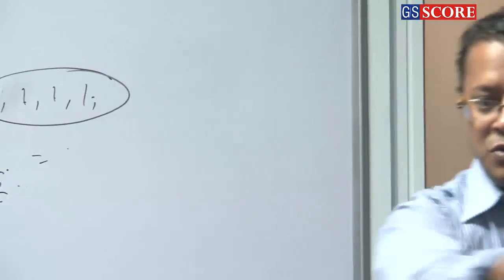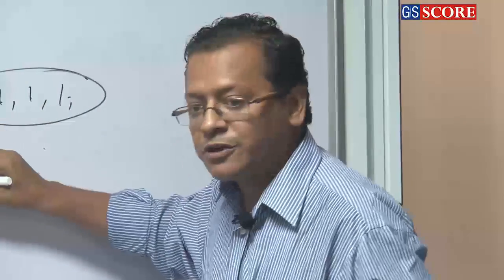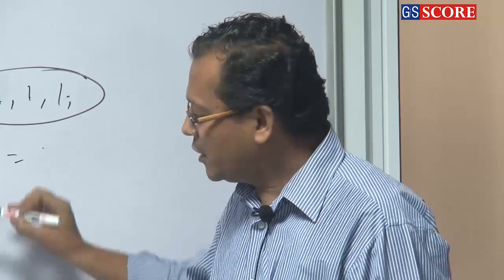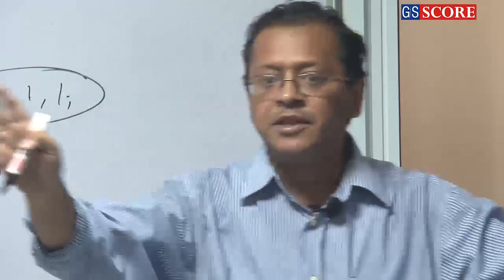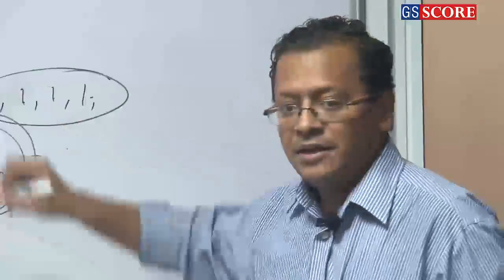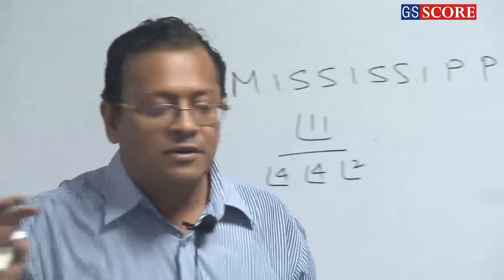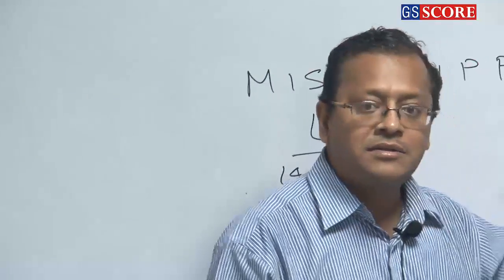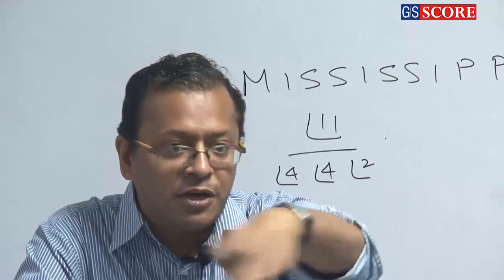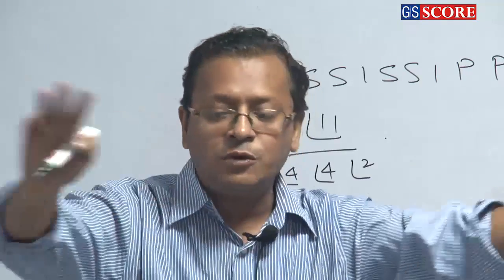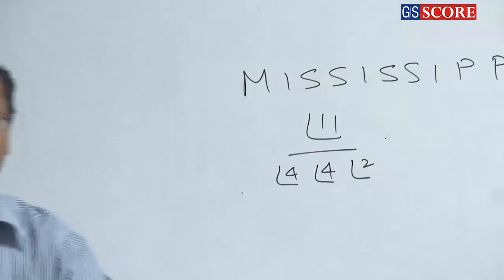You can also interchange among yourselves. How many ways will that be? Factorial 6 by factorial 4 into factorial 2. Clear? Now this arrangement is independent of the mother arrangement. You may go here or there, this will always remain. But this way, one more new way has come which is independent of it, which means multiplication of this and this, not addition, multiplication. The number of ways of arranging among yourselves is independent of the total number of arrangements, the mother arrangements. Common sense.